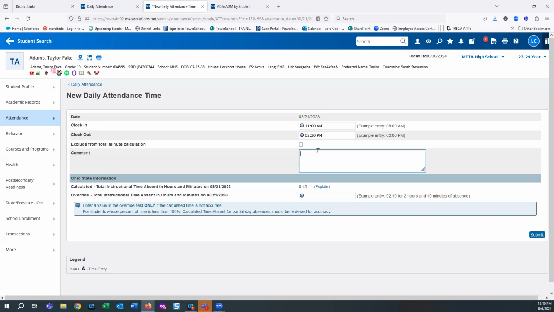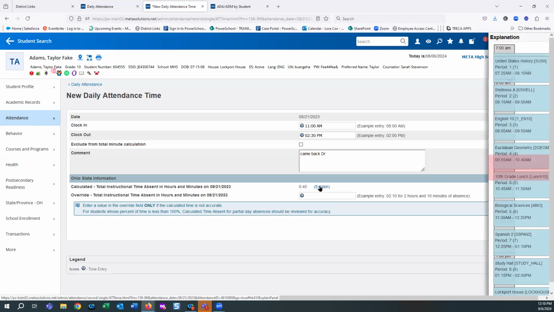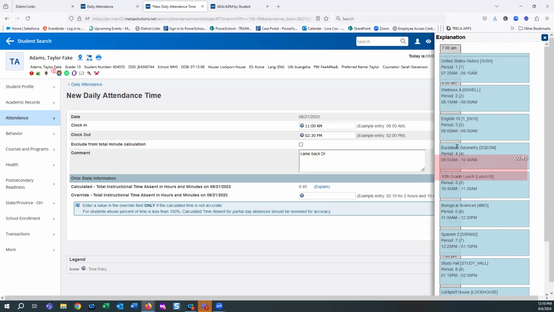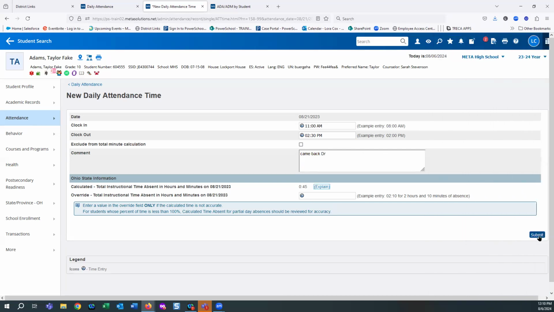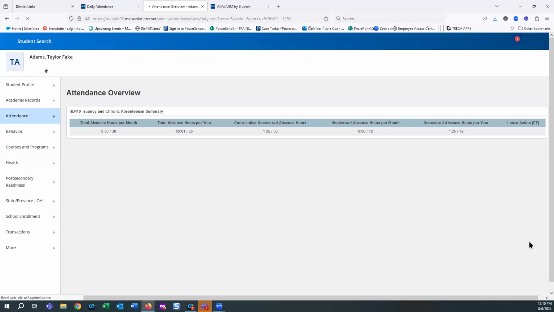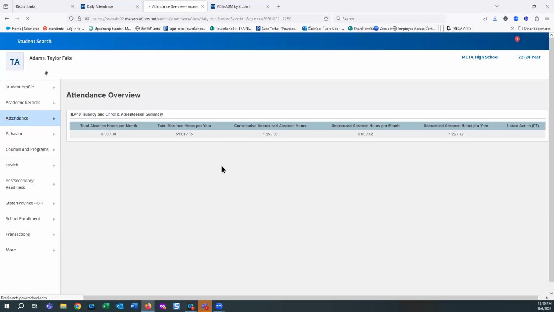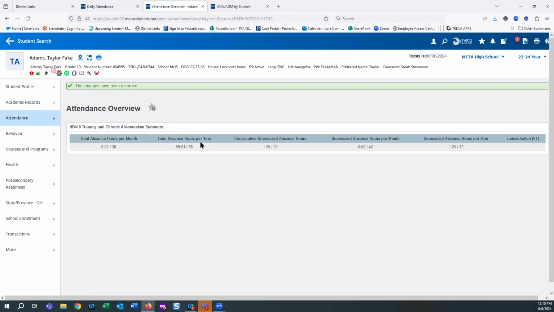And I can put a note on this timepiece. So maybe he was at the doctor at the beginning. I can see on my explain now. Okay, he was here. He left for a little while, and now he's back. That looks right. Submit. And since I added more time, I have to think about, well, does that change his